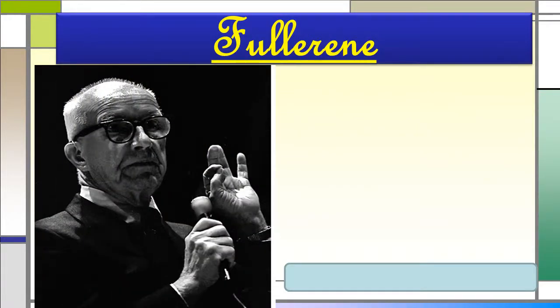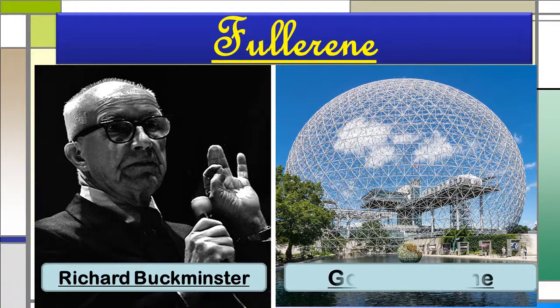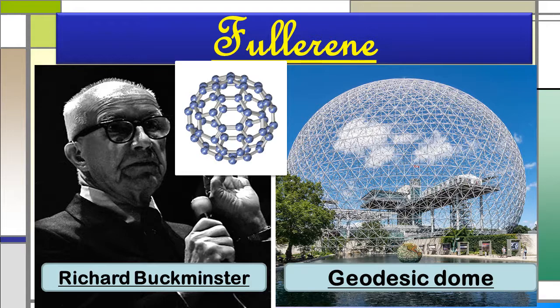This allotrope of carbon, fullerene, is named after the architect Richard Buckminster Fuller because the structure of C60 resembles the structure of the geodesic dome. Students, you can observe here the construction of a geodesic dome. It has a spherical structure constructed by Richard Buckminster Fuller out of interconnected straight lines. You can observe that straight lines are used for the construction of a geodesic dome. So this structure closely resembles it.